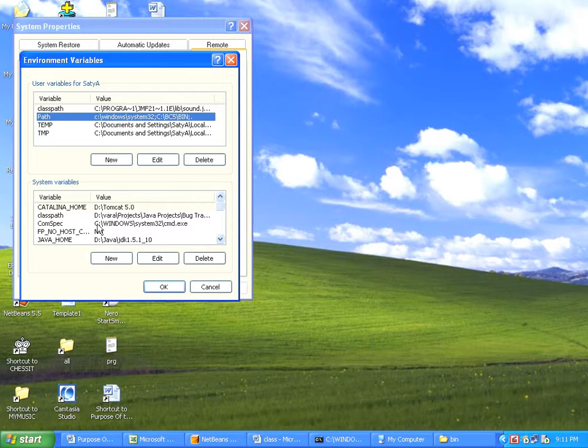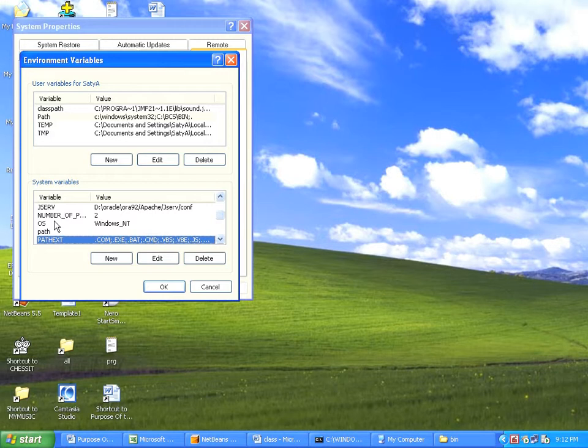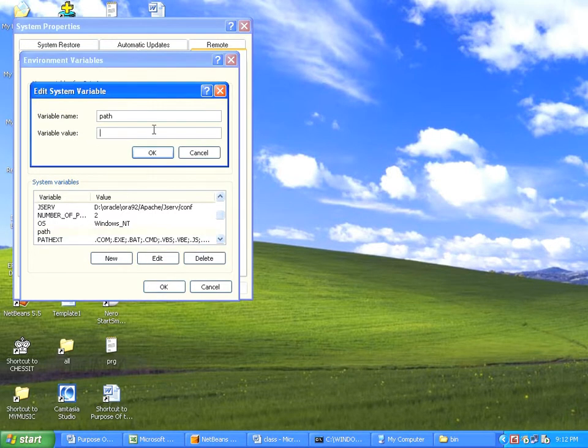But I want to make this Java software work for all the users available on our computer. So we need to go for system variables. Understand? Clear? In case of user variables, it is confined to the user with which we have logged in. In case of system variables, it will be applied for all the available users of our computer. Now I am going to create the variable named path. Already path is there, right? So edit.